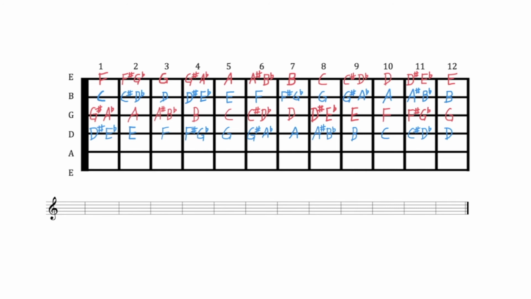Next, we will notate the notes on the A string. First fret is A sharp or B flat, followed by B, then C at the 3rd fret, C sharp or D flat, D, 6th fret is D sharp or E flat, E, F, followed by F sharp or G flat,